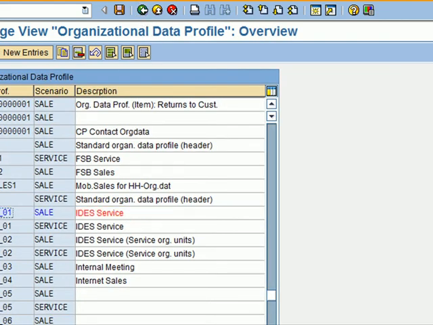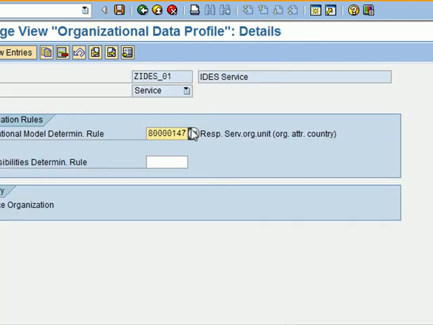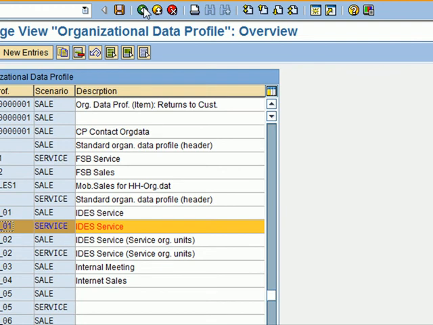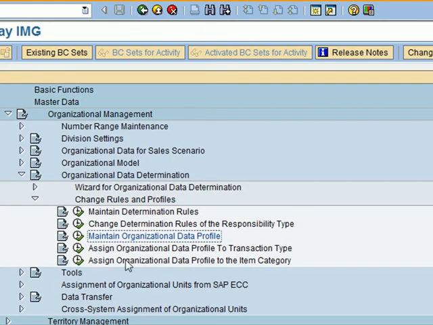And now if I go to the corresponding rule for service, I find this is based on the responsible service org unit, which has the attribute as the country, and the service org is mandatory. So now this org determination rule ZIDIS01 needs to be assigned to my transaction type,